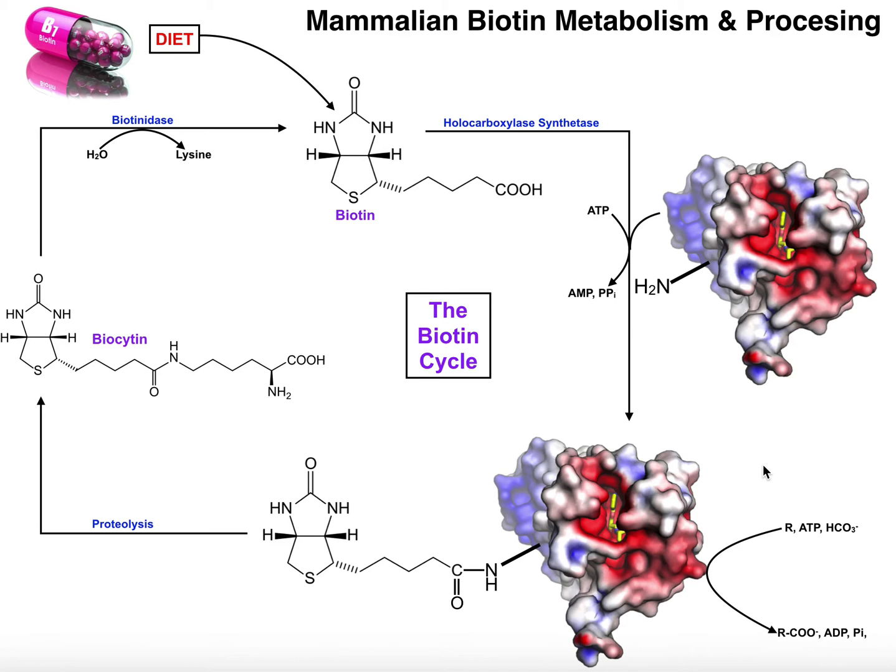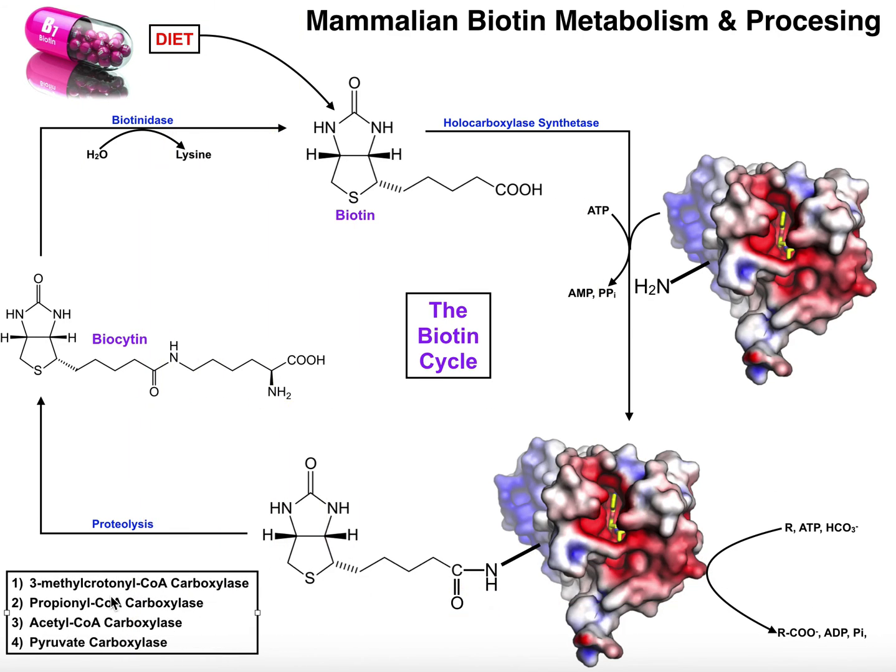Okay? Some examples of enzymes that might actually be carboxylated are shown right here. For example, 3-methylcrotonyl-CoA carboxylase and propionyl-CoA carboxylase. These are two enzymes involved in amino acid catabolism. Additionally, propionyl-CoA carboxylase is also involved in fatty acid catabolism. Acetyl-CoA carboxylase is going to be involved in lipid synthesis to generate malonyl-CoA, and then pyruvate carboxylase will be involved in gluconeogenesis, but these are just some examples of enzymes that are actually going to require